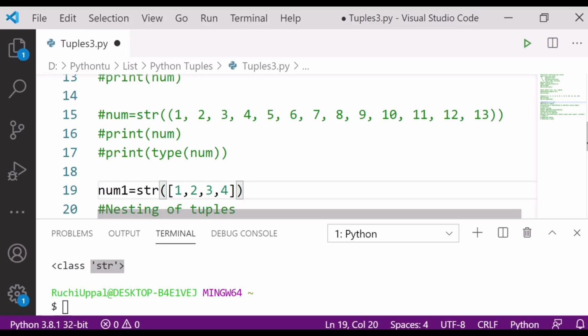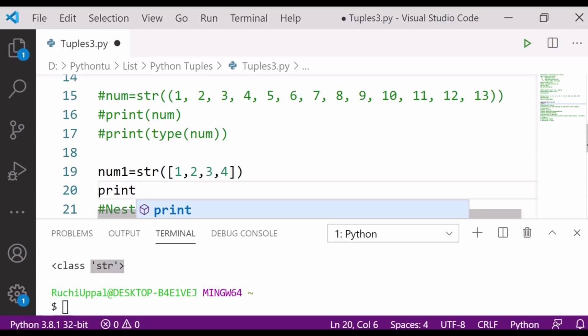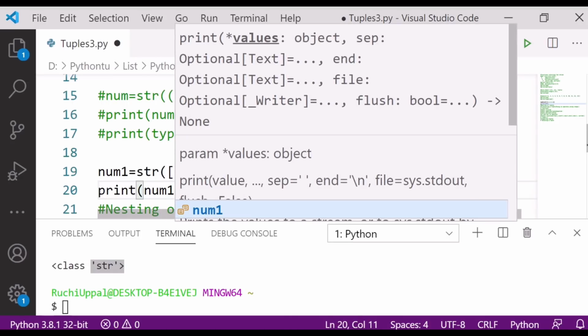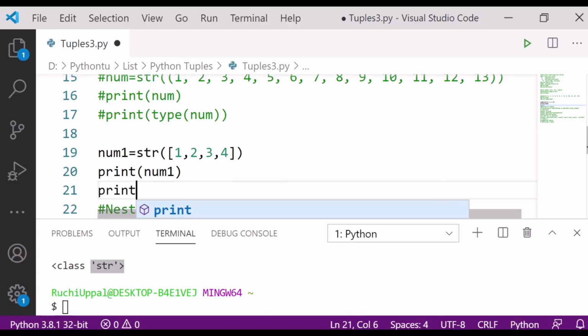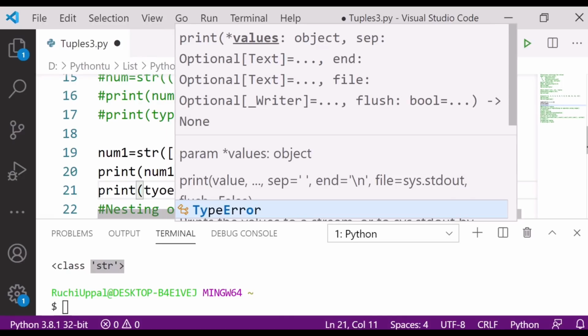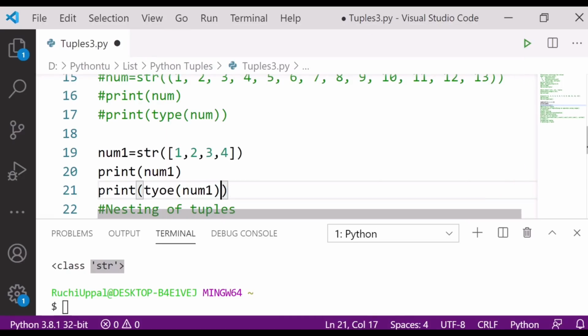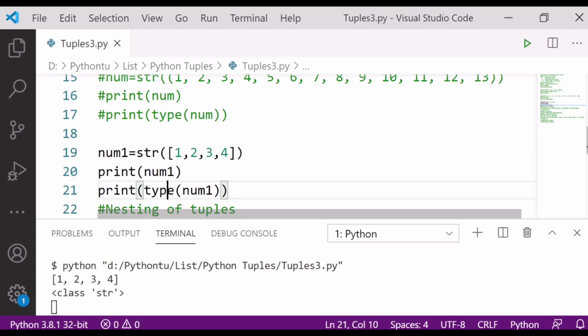Now after that, I will print number 1, and of course, I would like to check its type also. Type number 1. Control S. Let's see here the output what it is saying.